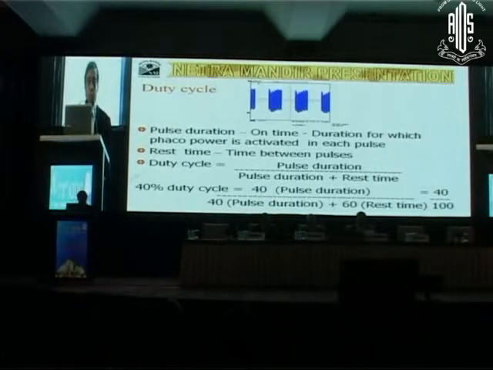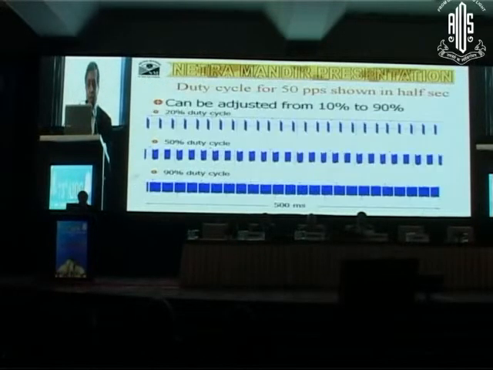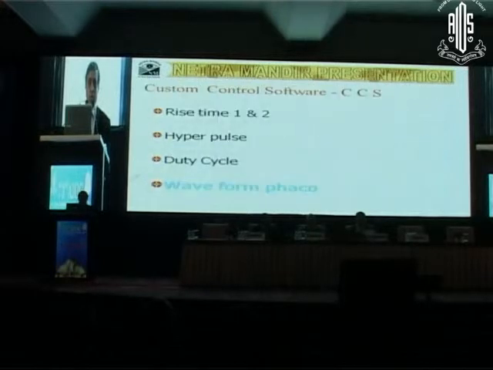However, the important thing which came up was the duty cycle. Until now, we have seen that in a pulse mode, you have energy delivery for 50% on time and 50% rest time. But with a duty cycle, you can modulate your energy for a longer time or a shorter time, depending upon what you want at that point of time. Like if you have a 20% duty cycle, as you can see in the upper graph, the energy delivery is shorter and the rest phase is longer. But when you go to the 90% duty cycle, it simulates more or less a continuous phaco.